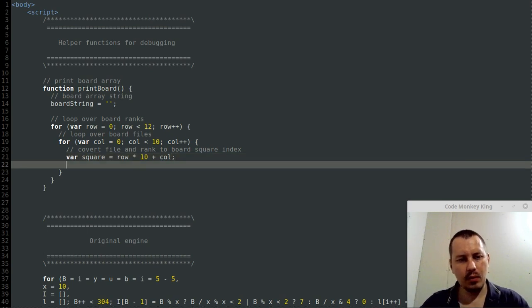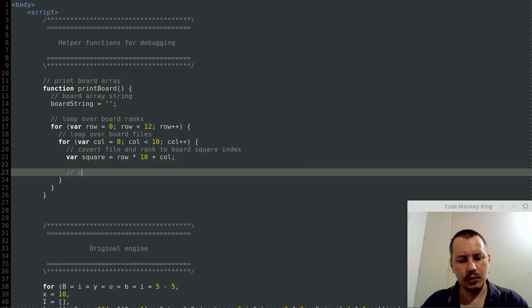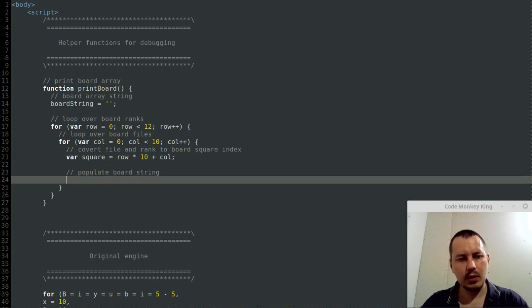And now whatever we have, here we want to populate board string. So board string plus equals whatever we have at I indexed by the square,